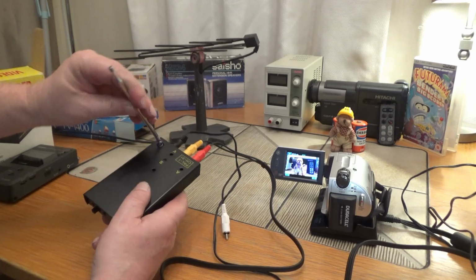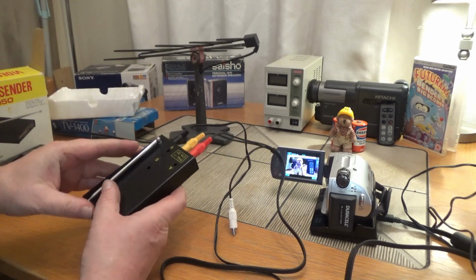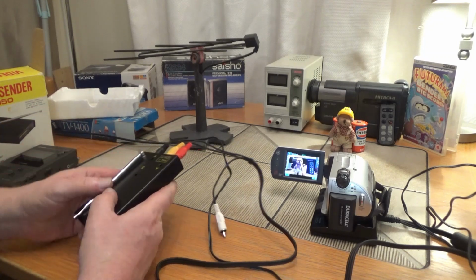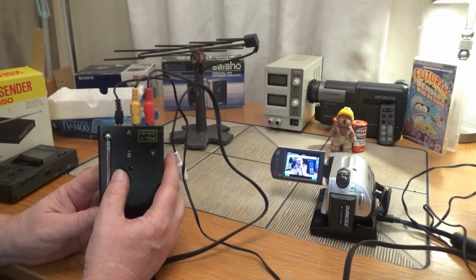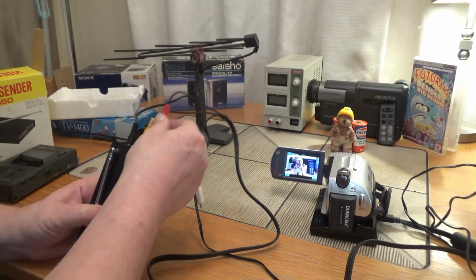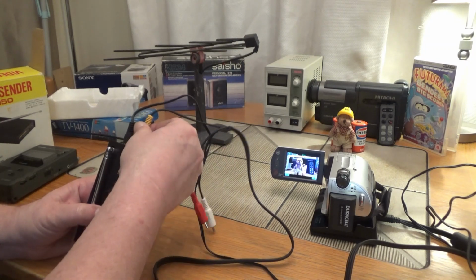So I offered them £10, they wouldn't take it. So I said okay and left it. And then I kind of kicked myself that I didn't pick it up because I'd never seen one before, and I thought, what are you doing? Why didn't you just get it? So I went back